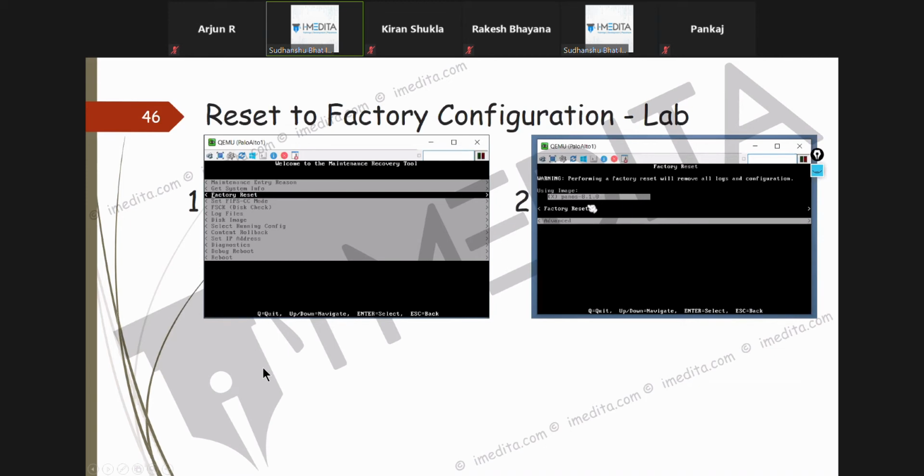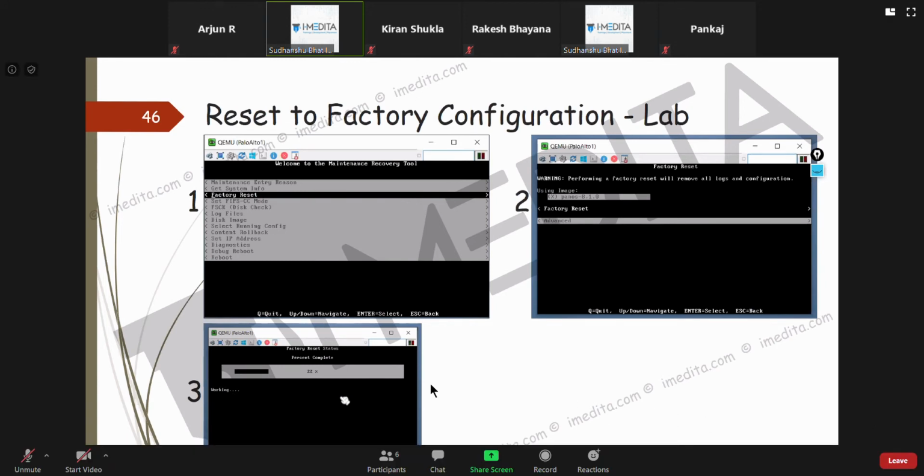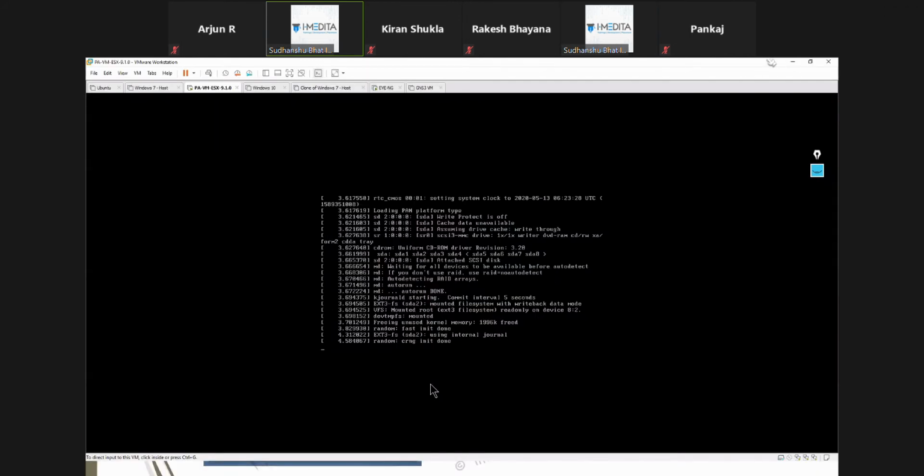It is going to ask you which OS image you want to use to factory reset. If you have multiple images, it's going to give you all the images that we have downloaded on the firewall. If you have one, it is just going to give you that. Then you can click next, enter, and it's going to take some time because it removes all the logs.